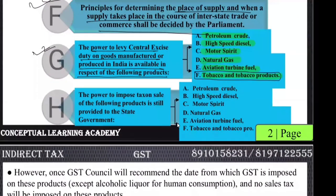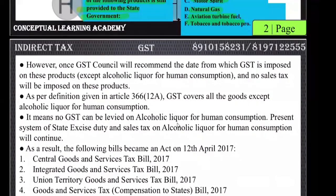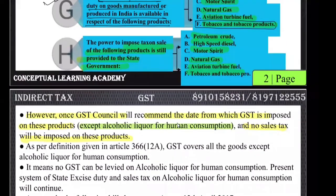Power to impose tax on sale of the following products is still with the state government, because if they are out of the GST purview, then definitely the excise, sales tax, whatever we discussed, will be levied on these products. See, the same line has been written. However, once the GST Council recommends the date on which GST is imposed on these products, except, see the word, except alcoholic liquor for human consumption, no sales tax will be imposed on this product. This product means,